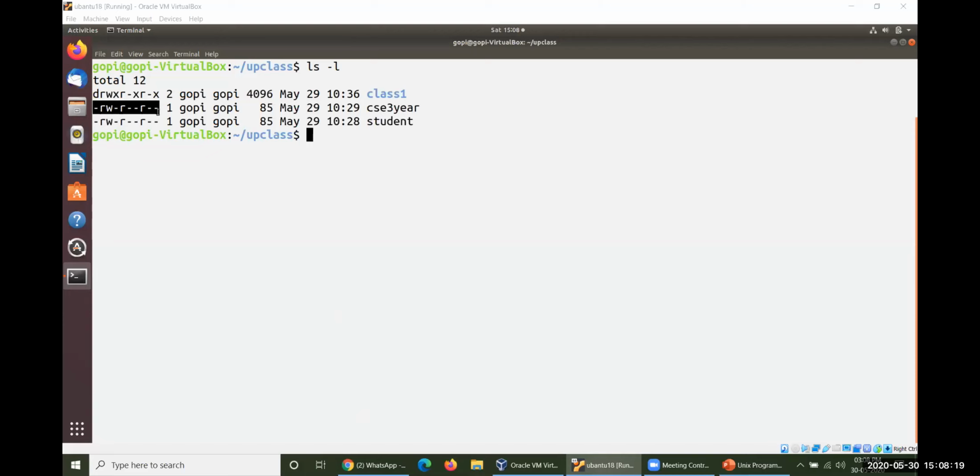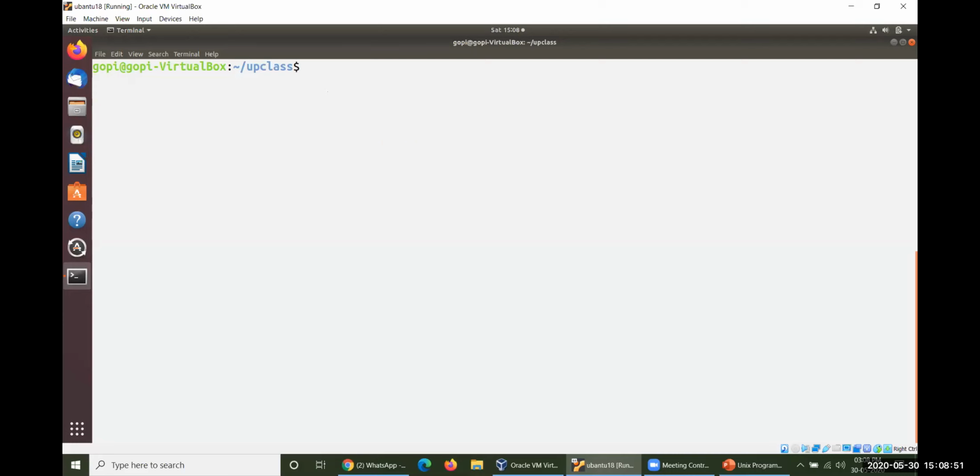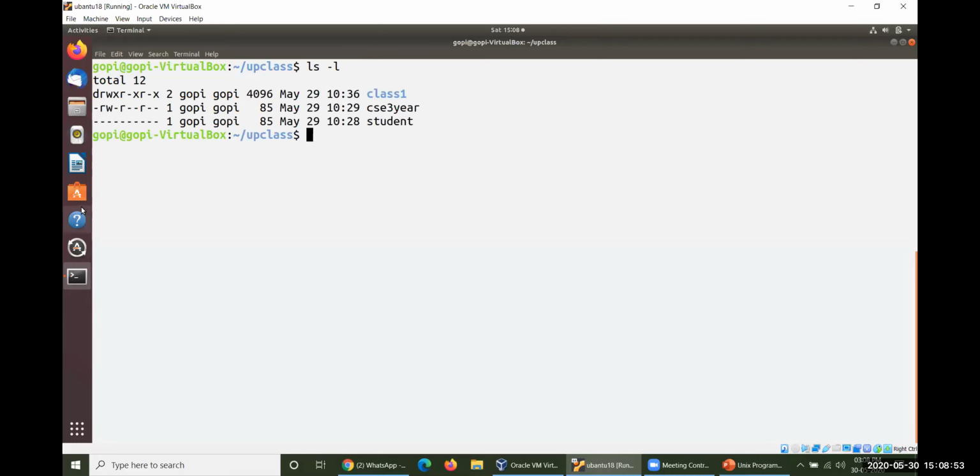Because this particular command has consumed a huge amount of time to discuss, normally these are the different kinds of permissions which we have with us. If you consider, you may observe this one. Totally 10 different hyphens are there. Let me change that one. If I put student like this and go ahead with ls -l, you can observe this one. The number of hyphens here is totally 10.